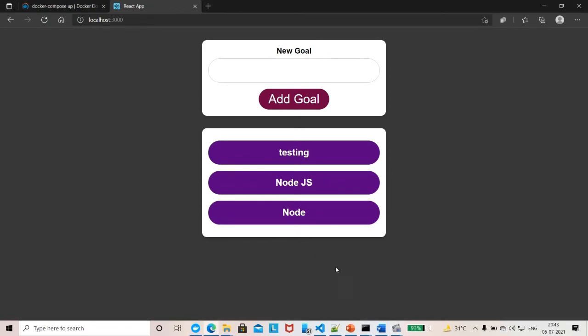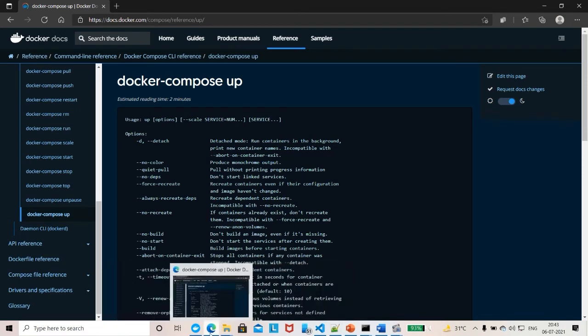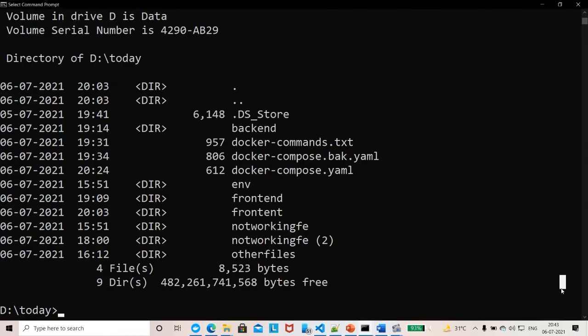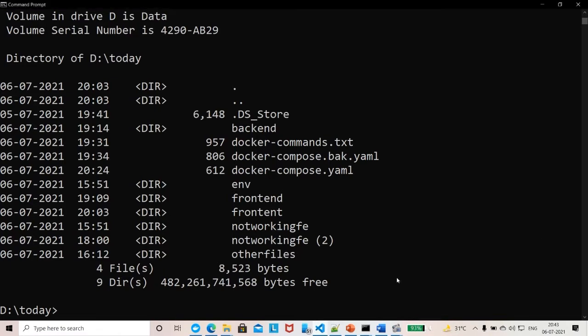Now we will bring down the app, we will bring down the containers, we will bring down everything. Okay, so what we will do is stop this.